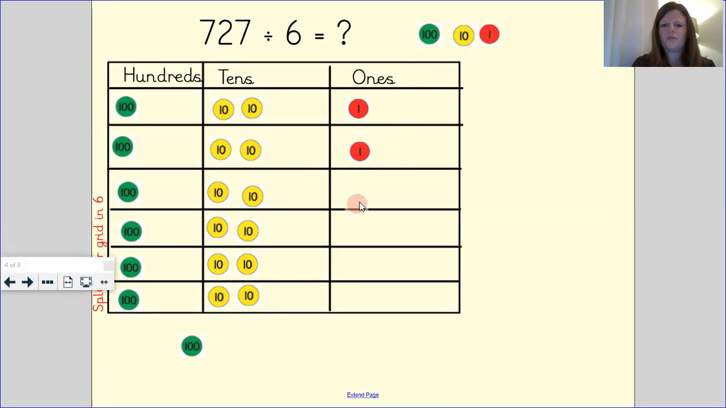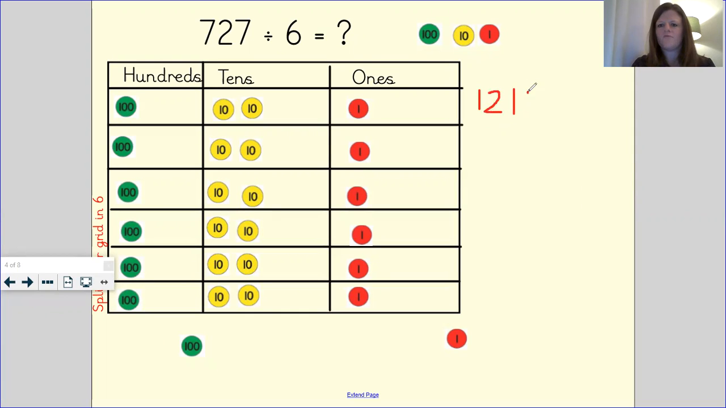2, 3, 4, 5, 6. And remember, it's 7 ones. 7 divided by 6. We've shared out 6 already, so therefore our 7th one is our remainder. Okay, so 727 divided by 6 is